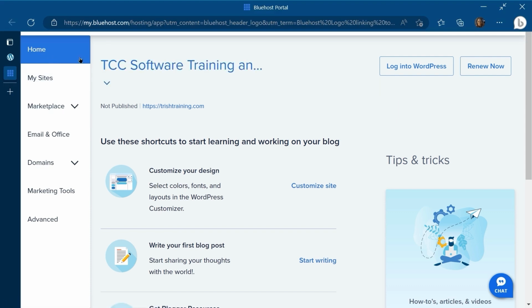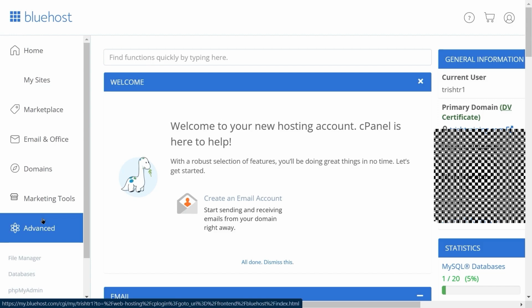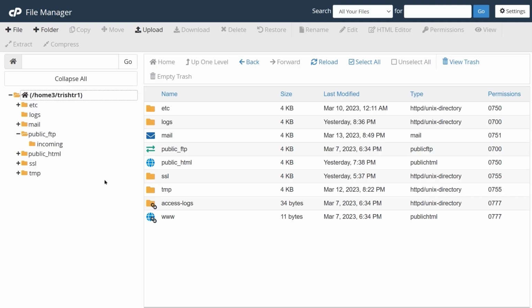On the left side, you're seeing this is all Bluehost things. It is not anything to do with WordPress other than you can log into WordPress from here. So we're going to go on the left side and click on Advanced. I've put a privacy blocker on the right side of my screen, but under Advanced, you're going to select File Manager, and that's where you'll see your directory structure. It stores all of your website info in the public HTML folder, so I'm going to expand that folder. And then it's stored in the